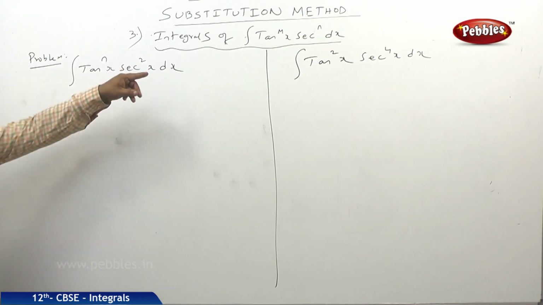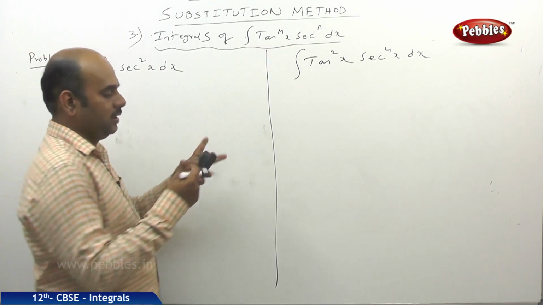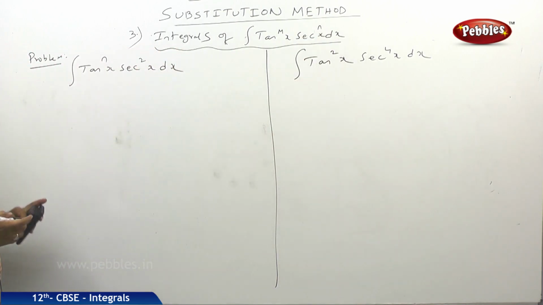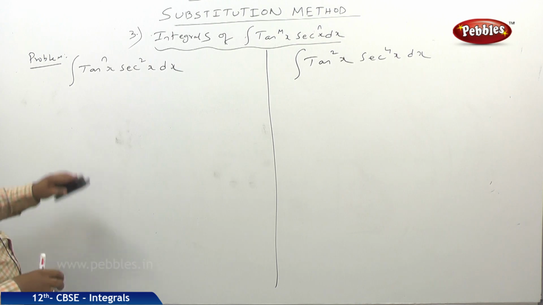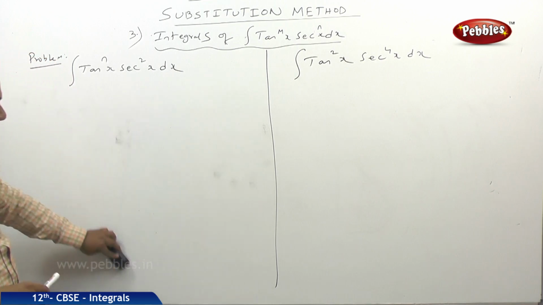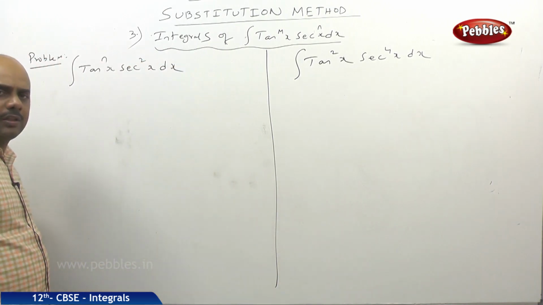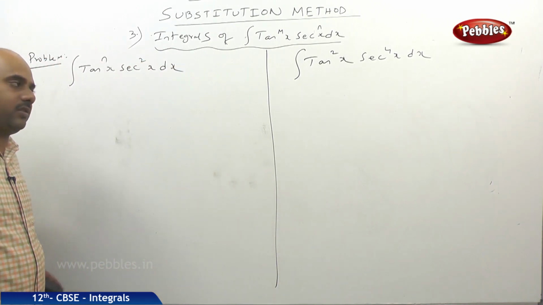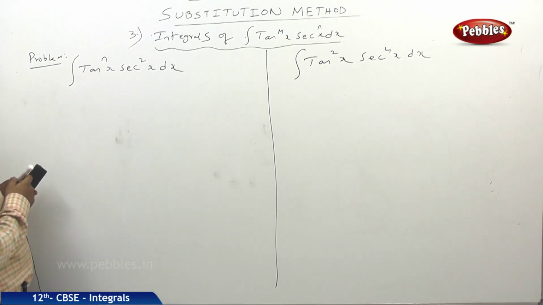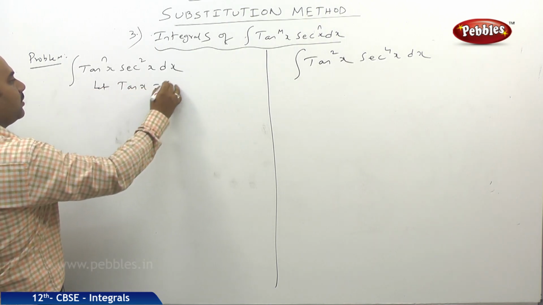Right friends, now we shall be seeing another pattern, integrals of the type tan power mx into secant power nx dx. So here every time remembering formula, remembering working rules is very difficult. Sometimes we need to apply a little bit of logic also. We already studied differentiation, methods of differentiation and various formulas. We know that d by dx of tan x is nothing but secant square x. So when coming to this kind of problem, I will put let tan x is equal to z.